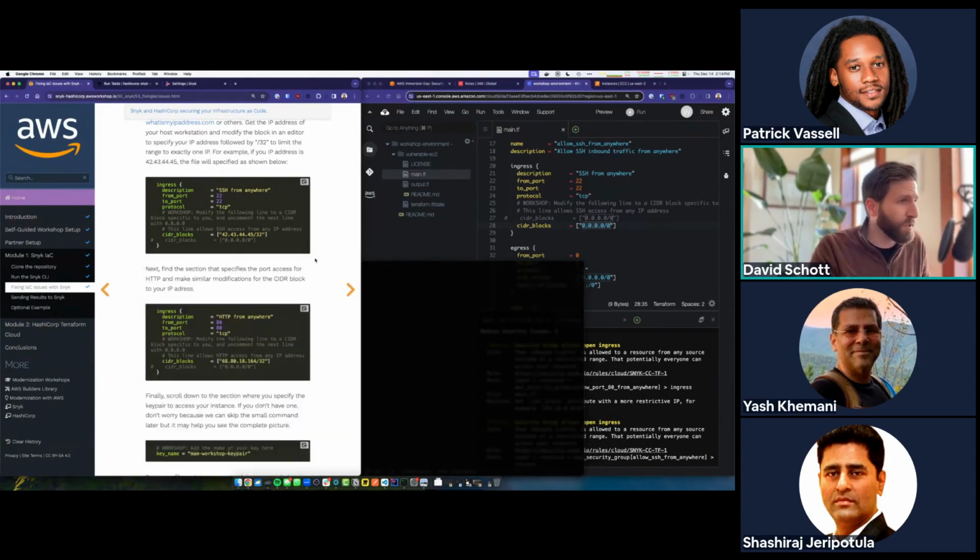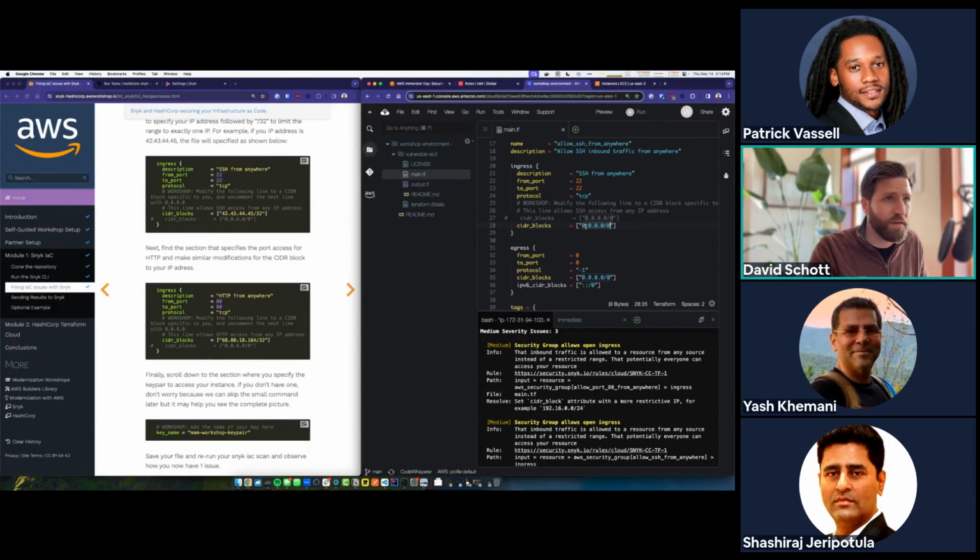So go find your IP address and then change the firewall rule here so that it has your IP address /32. If you're not familiar with CIDR blocks, it's kind of like a range of IPs, and /32 means just the one IP address. If you use something like /24, it would be a much larger range of IPs. But go ahead and put your IP /32. That means only allow that one IP address to